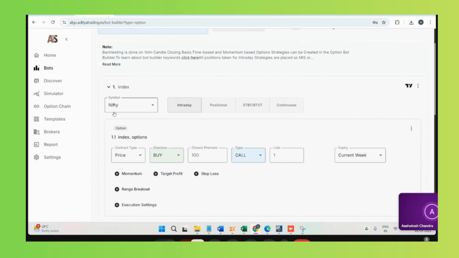Then define the direction, whether you'd like to buy the option or sell the option. If you click on the direction, it will be as option selling. Same way for the type, whether it is call or put,